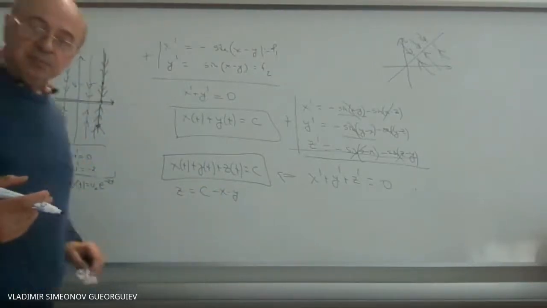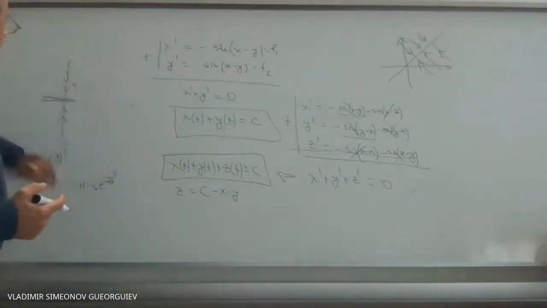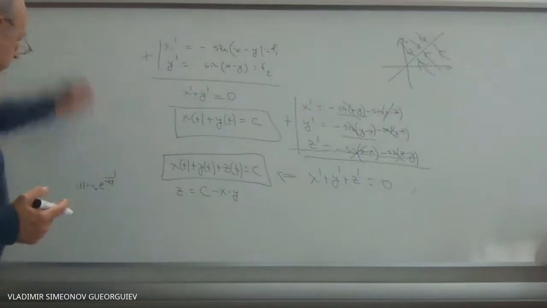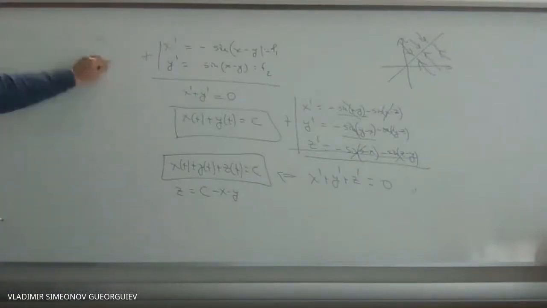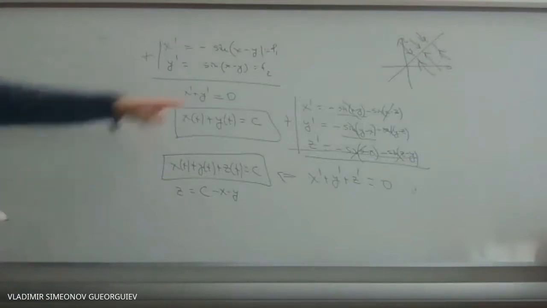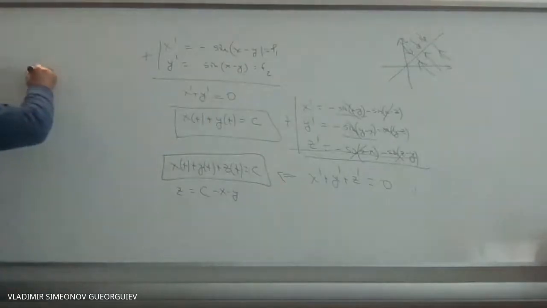And we can simply say that our new system for x, epsilon, and zeta shall be, look at this system, x prime is equal,